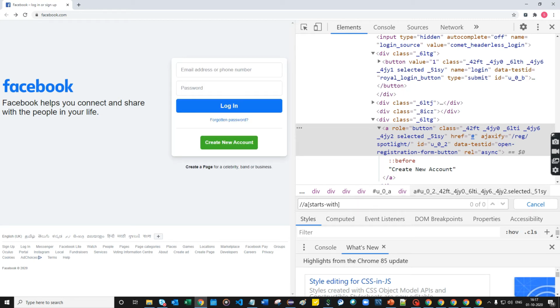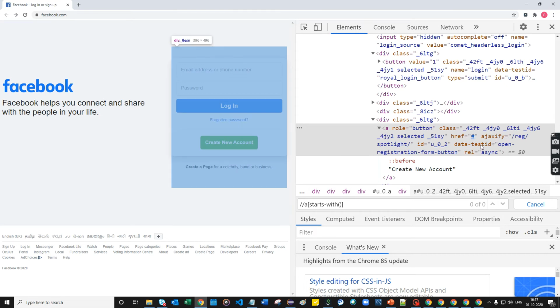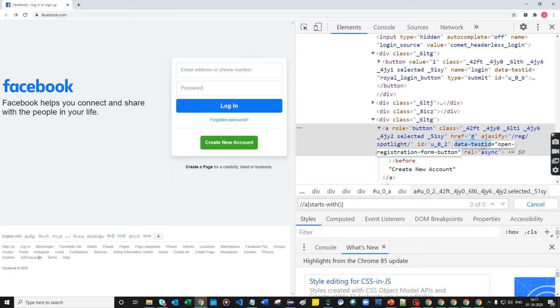After defining a tag name, you define a square bracket, then you give starts-with. Then you give a bracket, and inside the bracket you define the attribute and attribute value. Here I'm going to take this data-testid attribute. This is the attribute, the at symbol and the attribute, put a comma. Okay, starts-with. Here I'm going to give the text, the word which the attribute value starts from. So I'm going to give the starting word only.